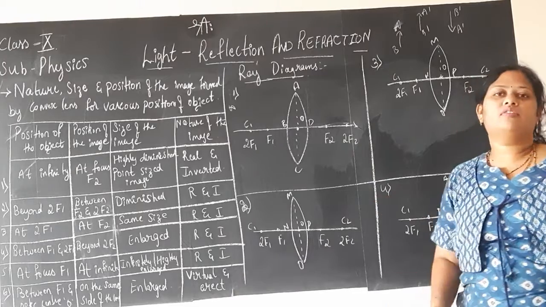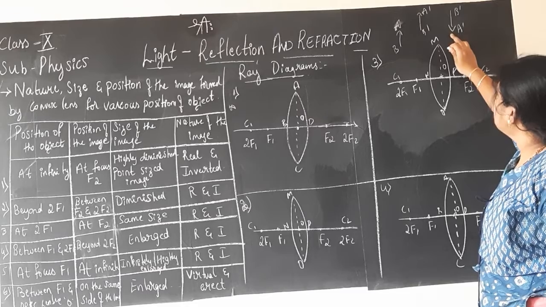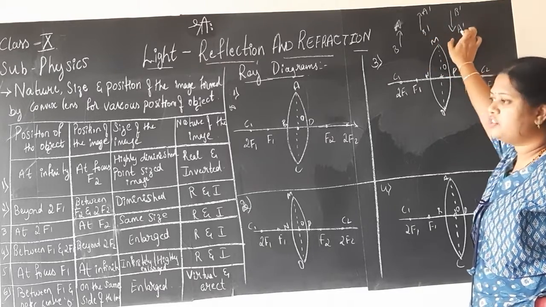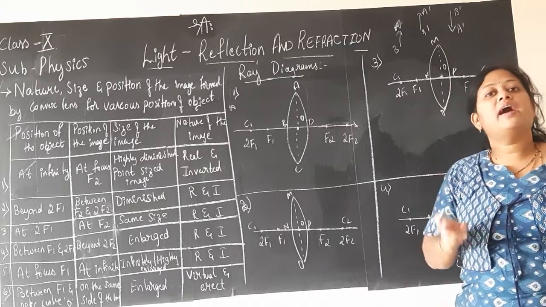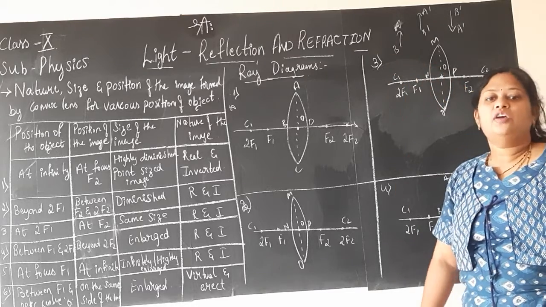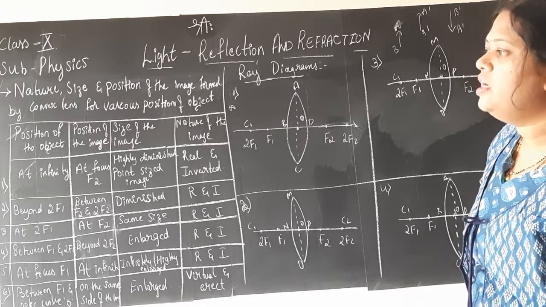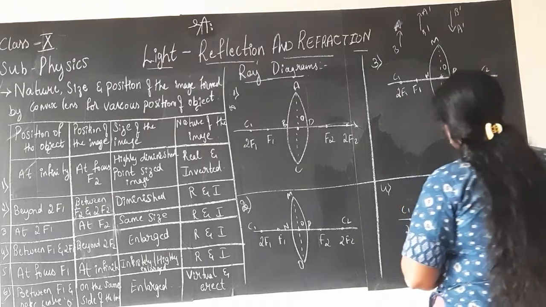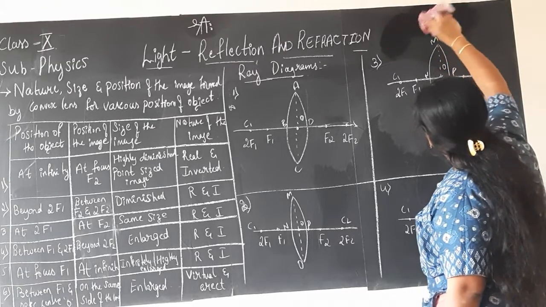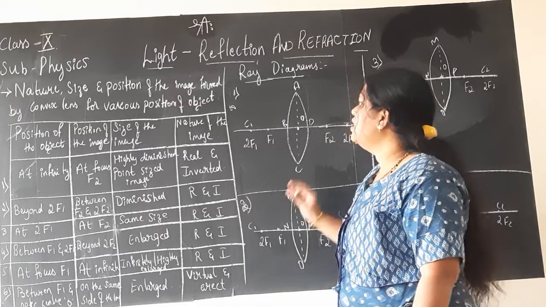The same thing here also we will follow. No other confusions, okay? And make sure that wherever you write A dash, there should be the arrowhead. The arrowhead should always be towards A. So the height of the object is considered as AB, whereas the height of the image is A dash, B dash for erect images and B dash, A dash for inverted images. Okay, so keep this in mind. Here you will understand how.